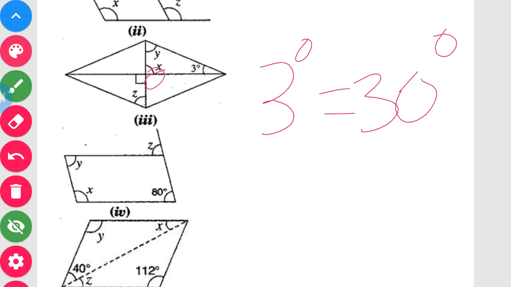Now here you may ask me, ma'am, how can it be? It is an alternate angle. The alternate angles are equal. But if you cannot find that, you can also see here it is 90 degrees and 90. And x here is 90. Here y is equal to z, as alternate angles are equal. Even this 30 degrees also becomes 30 degrees as alternate angles.